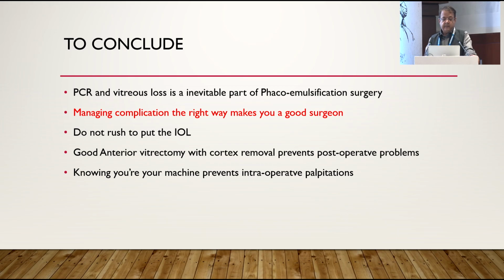To conclude, PCR and vitreous loss is an inevitable part of phacoemulsification surgery or cataract surgery. Managing the complication the right way makes you a good surgeon. 90% of your cases will be fine, but whosoever manages this complication is the best surgeon. Do not rush into putting an IOL. Do a good anterior vitrectomy and cortex removal,